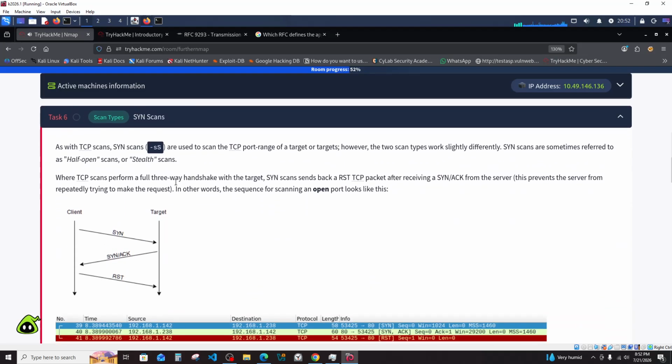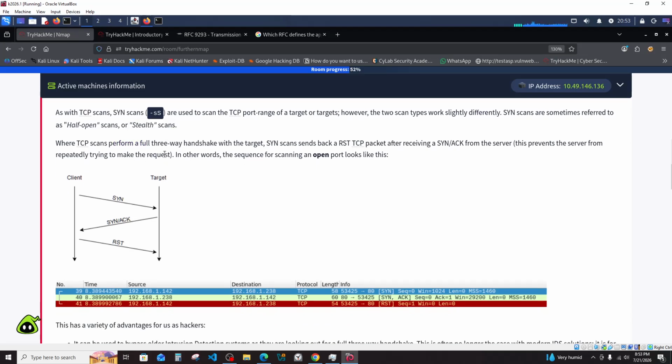SYN scans. As with TCP scans, SYN scans are used to scan the TCP port range of a target or targets. However, the two scan types work slightly differently. SYN scans are sometimes referred to as half-open scans and stealth scans. Where TCP scans perform a full three-way handshake with the target, SYN scans transmit a SYN and do not respond to the server's reply. This prevents the server